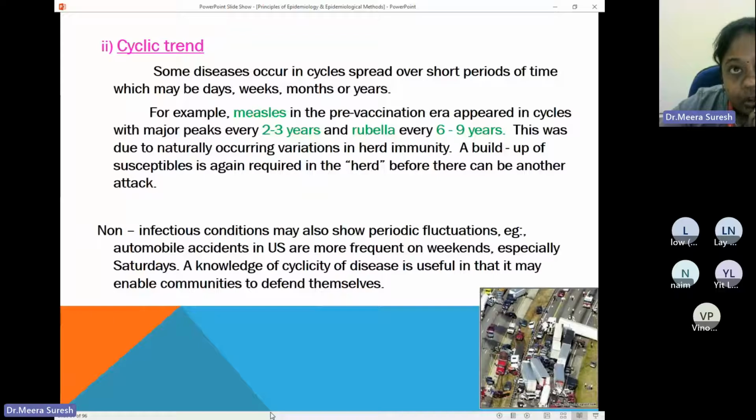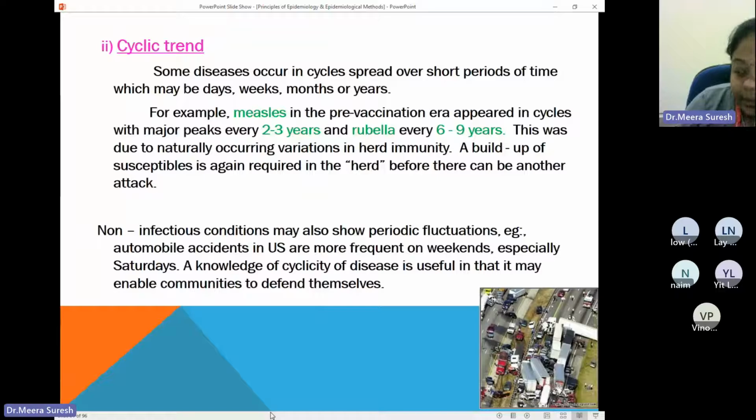So before COVID-19, the variation happened during the 2010s, which actually resulted in the Middle East Respiratory Syndrome, MERS. It happened at that time, but because it was concentrated only in the Middle East area, the whole world was not that much bothered about it. But the next variation, which happened a decade later, in 2020, became a pandemic. So this is actually a cyclical trend that the influenza virus shows.